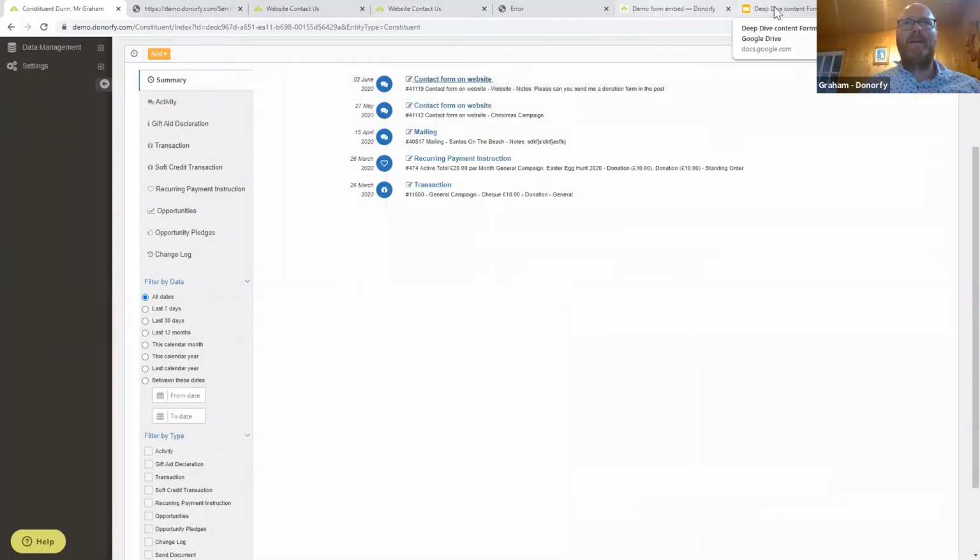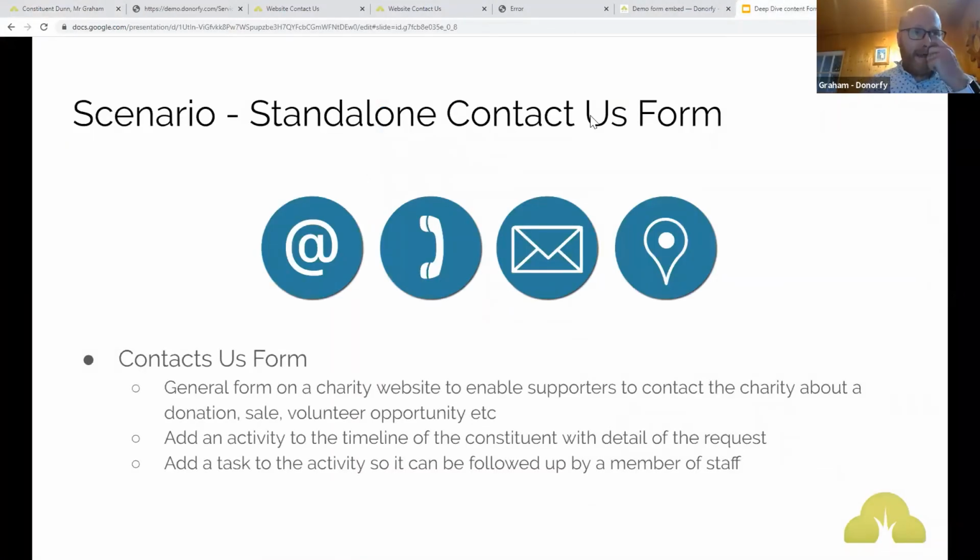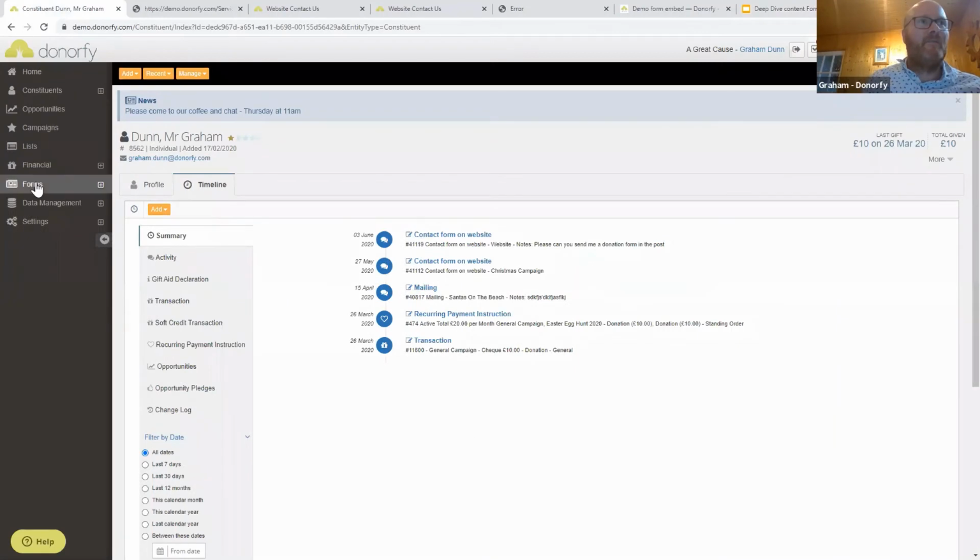So if we were to go back to our contact us form, hopefully now you've seen that we've set up a standalone form with branding. We've got the code to put a button onto our website, and we've added an activity to the timeline, and we've added a task so that that activity can be followed up. So if I just go back into forms and go back into manage forms,